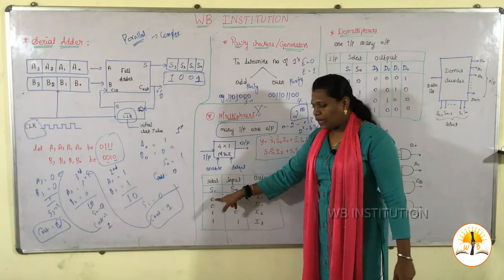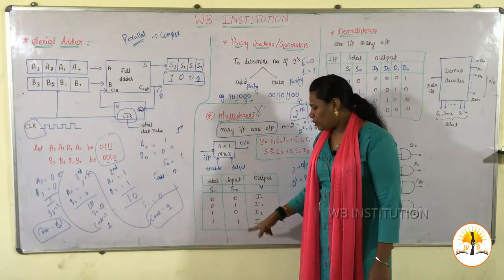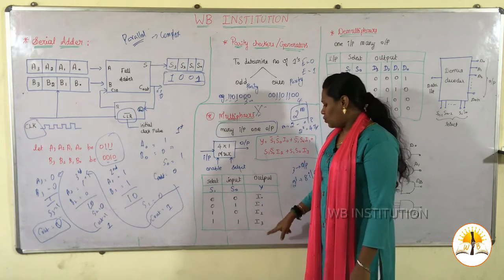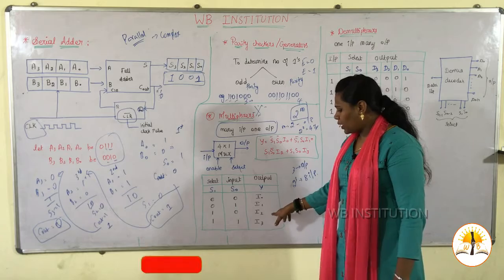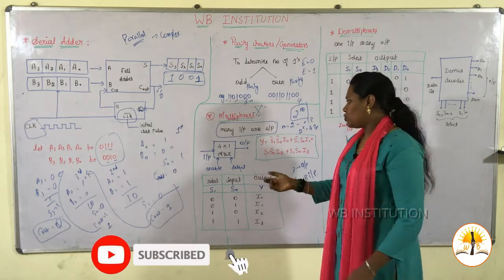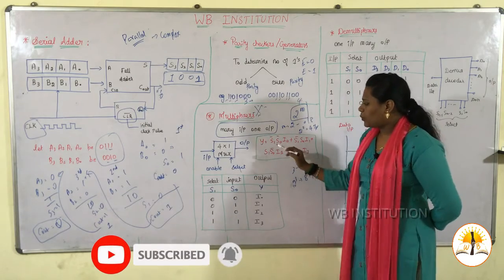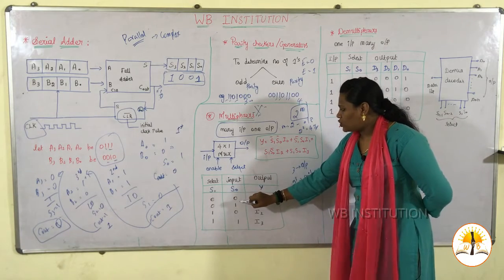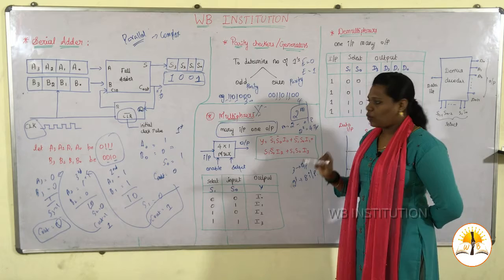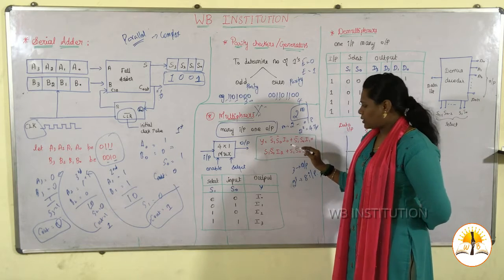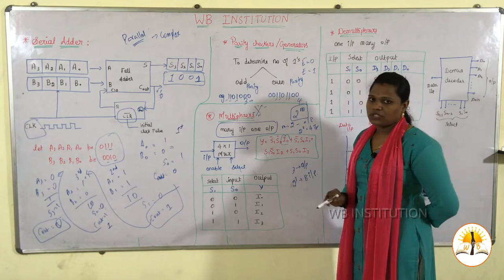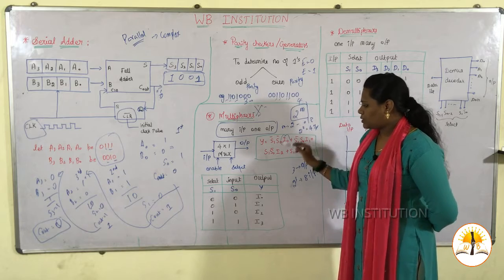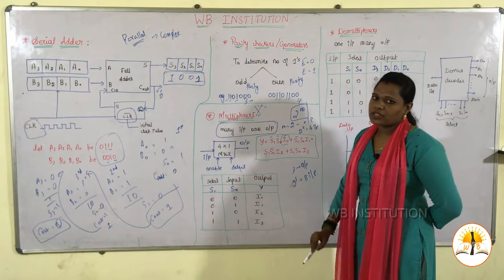So select, I am just getting 4 bits, 0011, S0, 0101. So y is nothing but your I0, I1, I2, I3. So how many bits are being used? Okay. So the final output is y. How does y come? S1 bar, S0 bar, and finally I0. I0 has no bar, since you will just use an AND multiplication for this operation. Okay. Like this way you can derive y also.